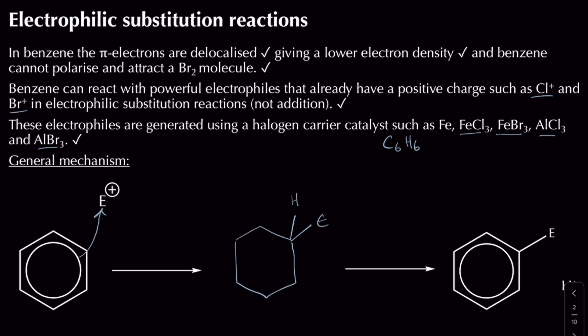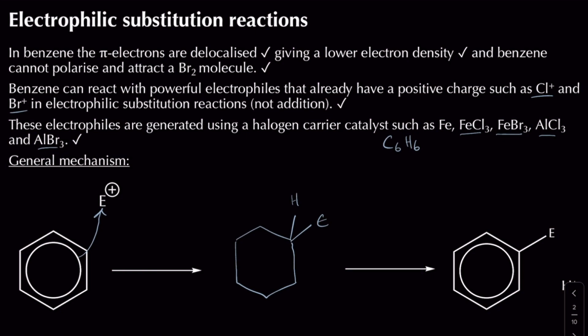Now the thing is, when we look at this intermediate, that is going to have 4 pi electrons that are left over, because the other 2 of the 6 have gone into making a bond with our electrophile itself, and those 4 pi electrons, we need to show them spread over exactly 5 carbon atoms,